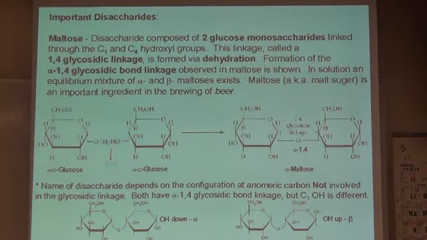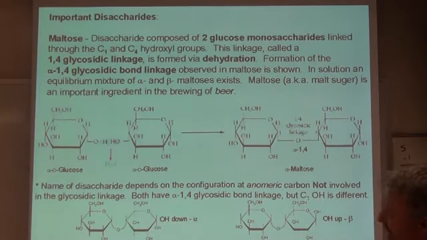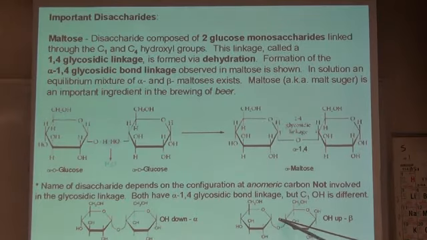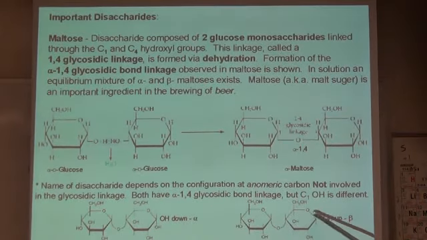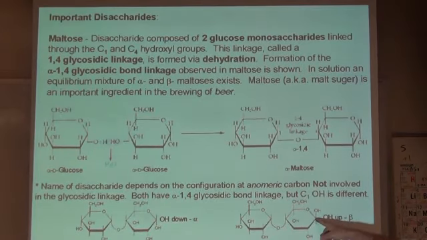Both of these have alpha 1,4 linkages. You have to focus on that oxygen in the ring, okay? Remember, the carbon one to the right of the oxygen in the ring is the anomeric carbon. That used to be the C double bond O, the carbonyl. Both of these are alpha 1,4, but this is alpha maltose and this is beta maltose, because of the other anomeric carbon.